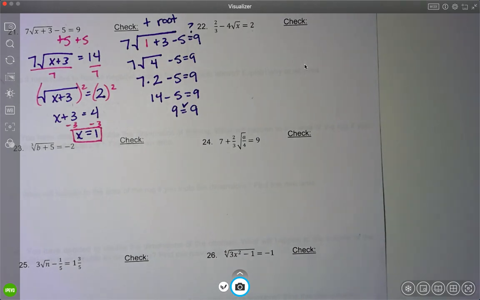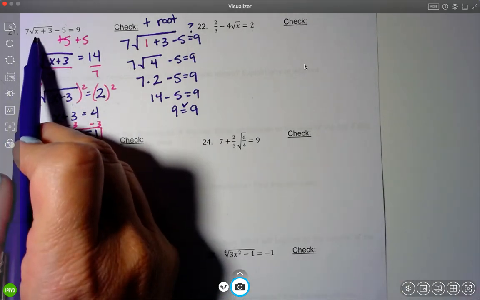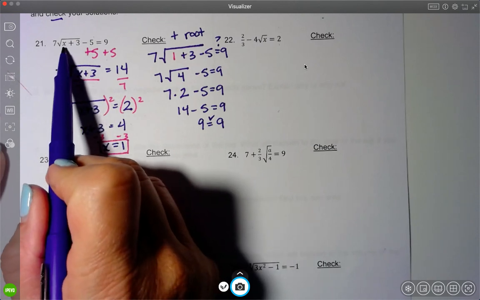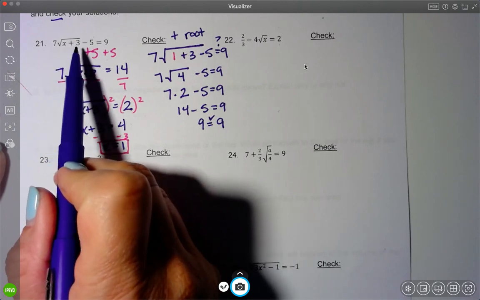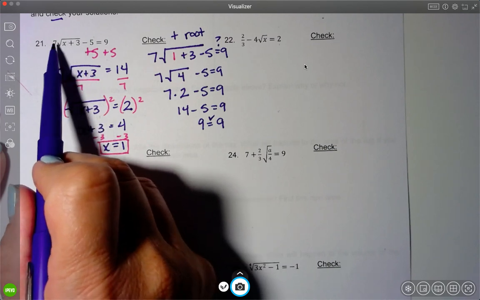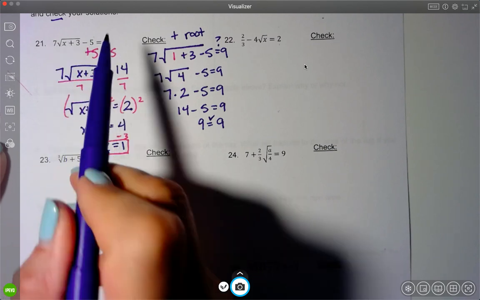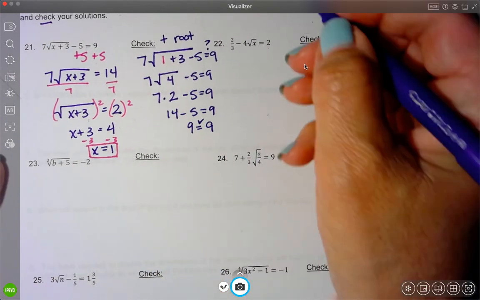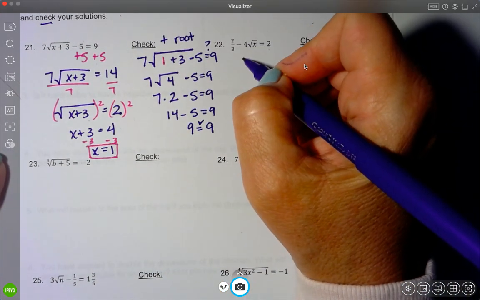Oh, but would negative 1 work here? If I had negative 1 plus 3, that would be square root of 2. And 7 times square root of 2 minus 5 is not 9. So it's just 1. All right, so now I have 2/3